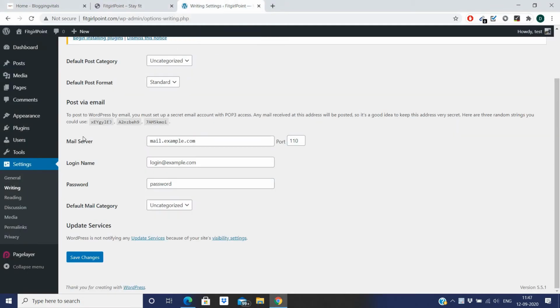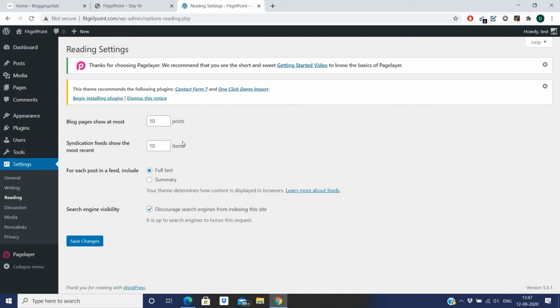Now we need to change the settings in the reading options. So go to the reading settings, and there you can see blog pages show at most. You can set this to any value, depending on how many posts you want to show on your blog page. And then for each post in the feed, you can choose whether to show the full text or a summary.